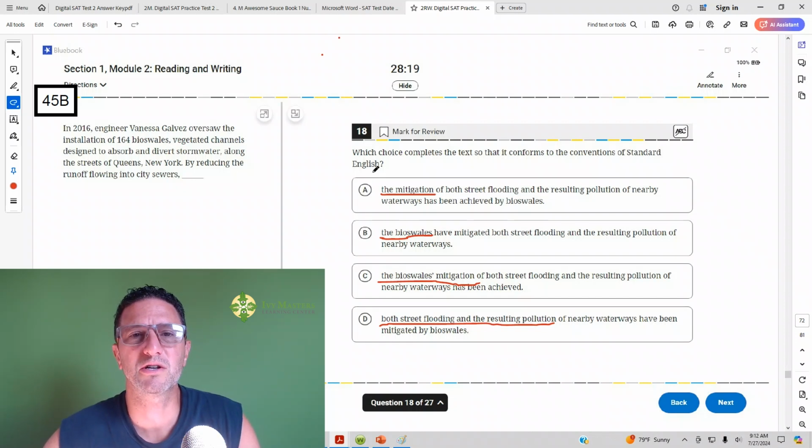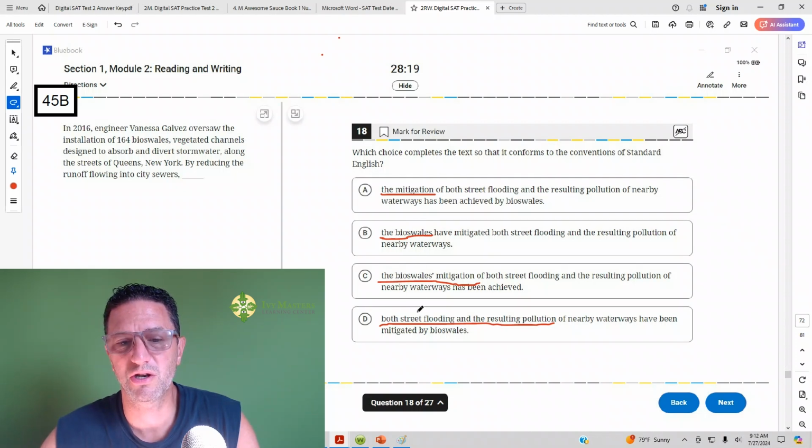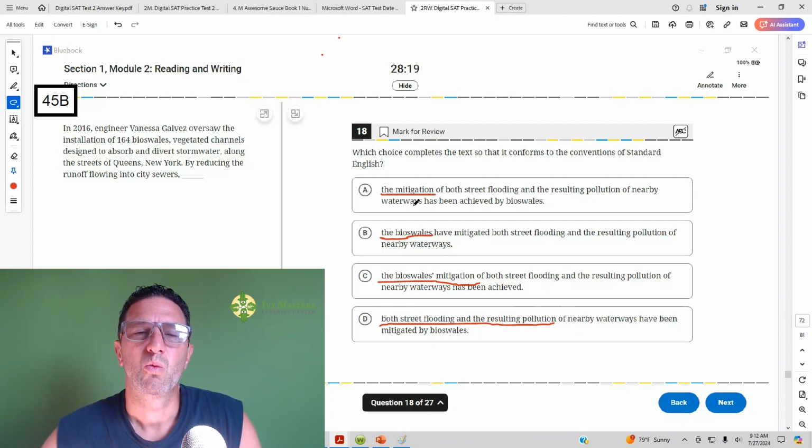When you see that question, you always want to look at the answer choices first, because depending on what the answer choices say, that's going to tell you how you want to approach the question. When I look at these answer choices, I see that each of them starts differently: the mitigation, the bioswales, mitigation, and both street flooding and the resulting pollution. When you see each answer choice start differently like that, you know it's testing a concept called modification word